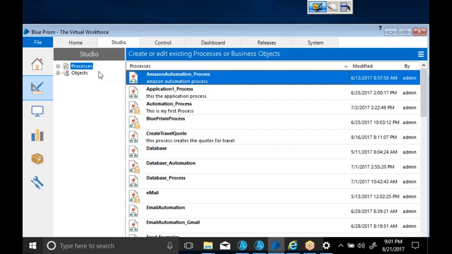As I told, the object is for the application. Whatever actions or automation relate to the application, whatever interacts with the application, is integrated with the object. Suppose I want to log into an application: only my object can interact with the application, my process cannot. That is the feature of Object Studio. Whatever you interact with by using an object, you call into the process, then you map it as one complete process. Any doubts here?